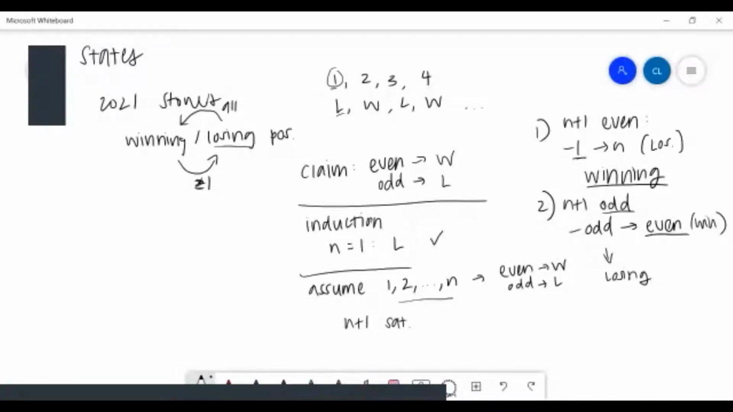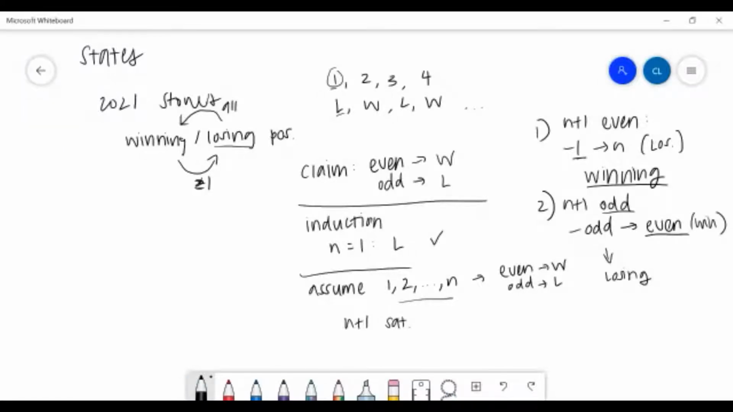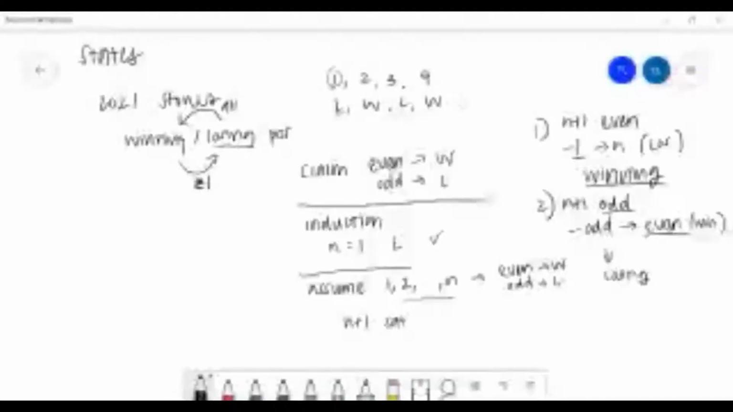Okay. I'm going to assume everyone gets it. Okay, so we've shown that even numbers of stones are winning and odds are losing. And since we're asked about 2021, right? 2021 is odd. So that means